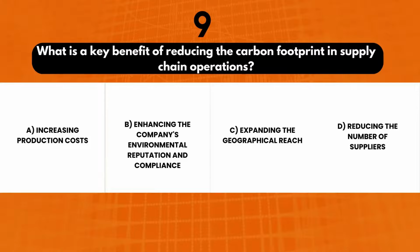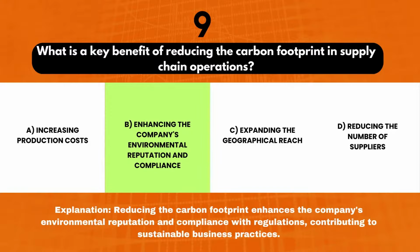9. What is a key benefit of reducing the carbon footprint in supply chain operations? A. Increasing production costs. B. Enhancing the company's environmental reputation and compliance. C. Expanding the geographical reach. D. Reducing the number of suppliers. Correct answer, B. Explanation. Reducing the carbon footprint enhances the company's environmental reputation and compliance with regulations, contributing to sustainable